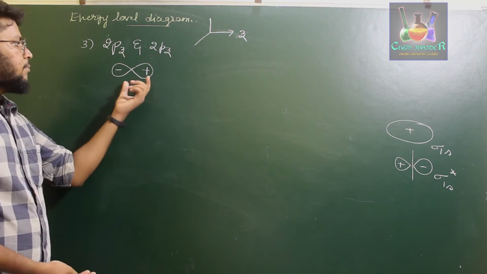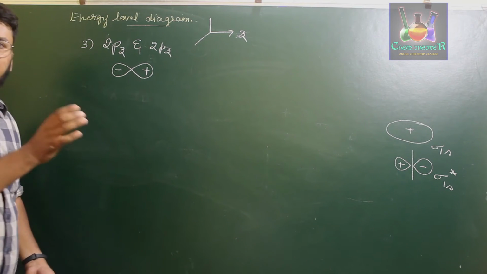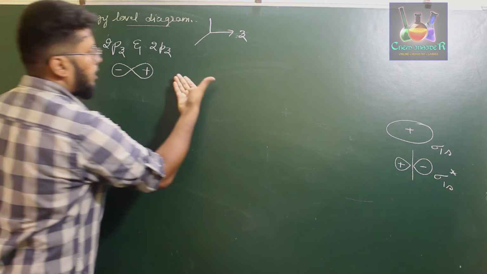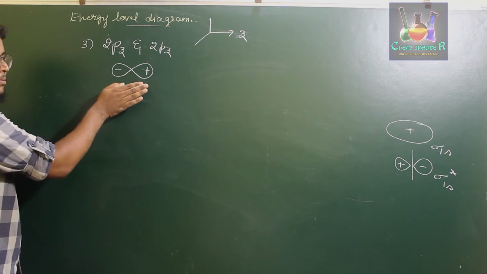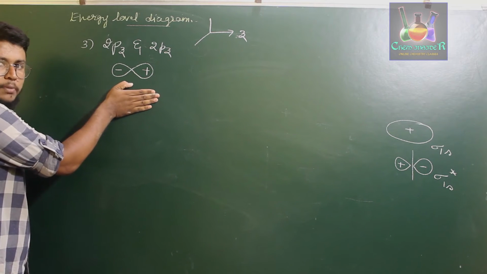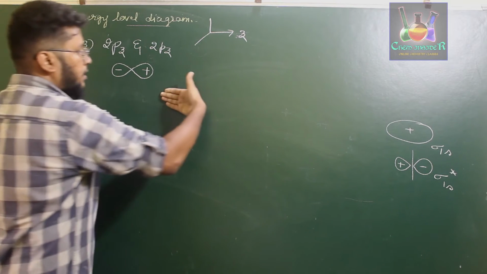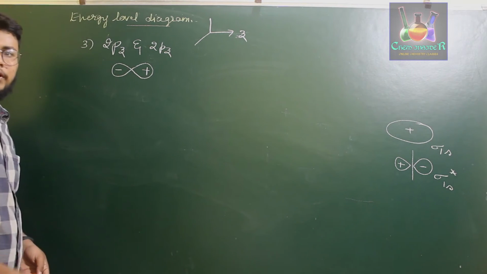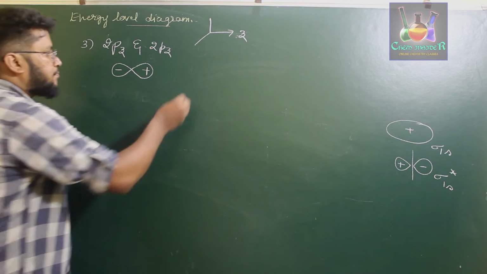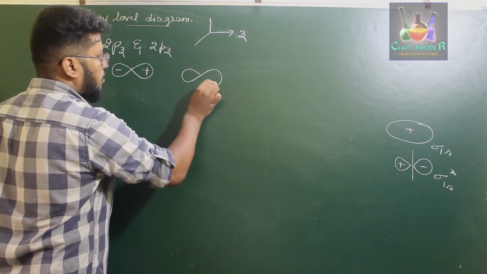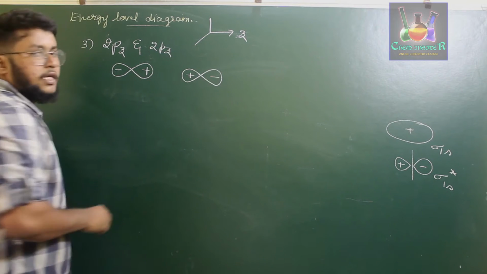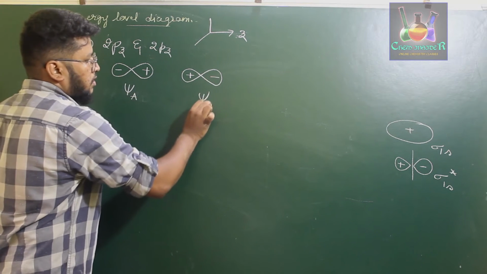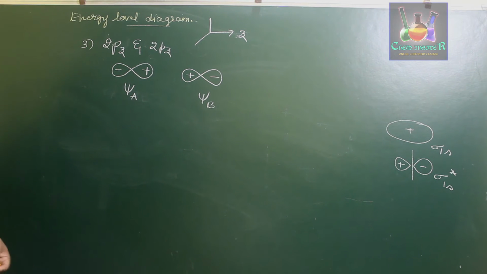Therefore, if you consider these as 2pz orbitals, both of the 2pz orbitals will be placed one above the other. So now I am taking this and keeping it like this, just like the hands I am keeping over. If this is the p orbital I am keeping, and you open this like this, the positive lobe will be towards the positive of the p orbital of the other 2pz. So this will be the plus and this will be the minus. Let us take it as psi A, this is psi B, psi A and psi B.